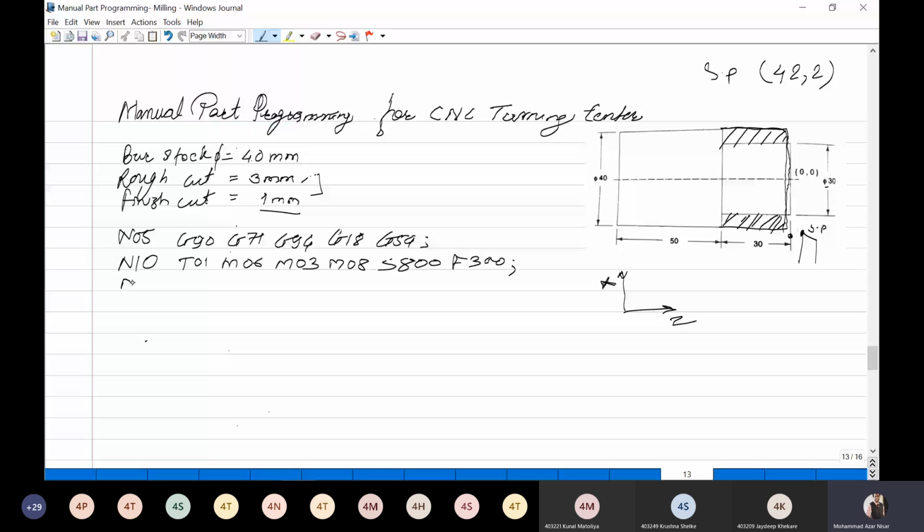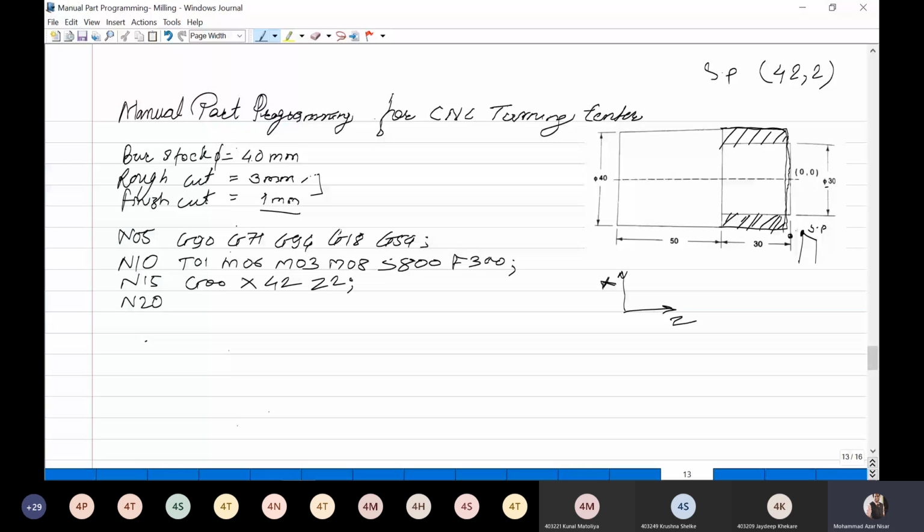Now we have to call for the starting position X42 and Z2. So now my tool is over this starting position. N20 will be